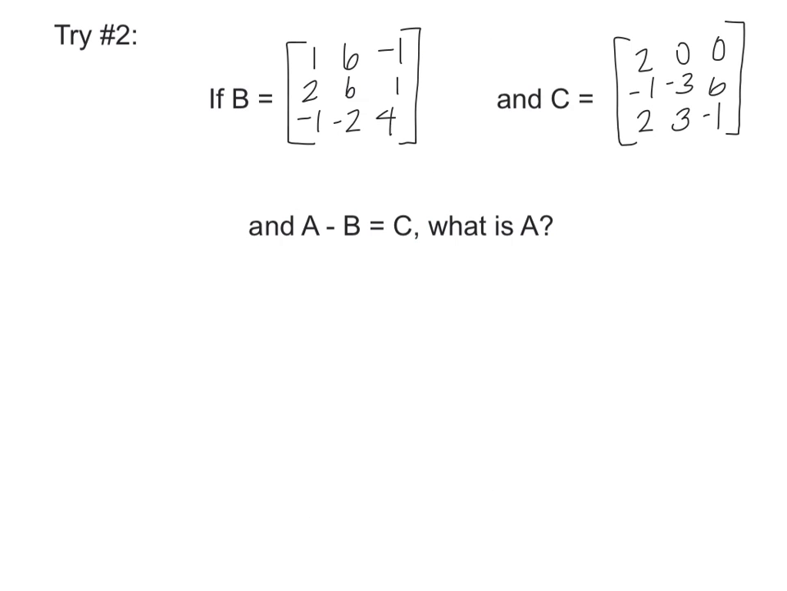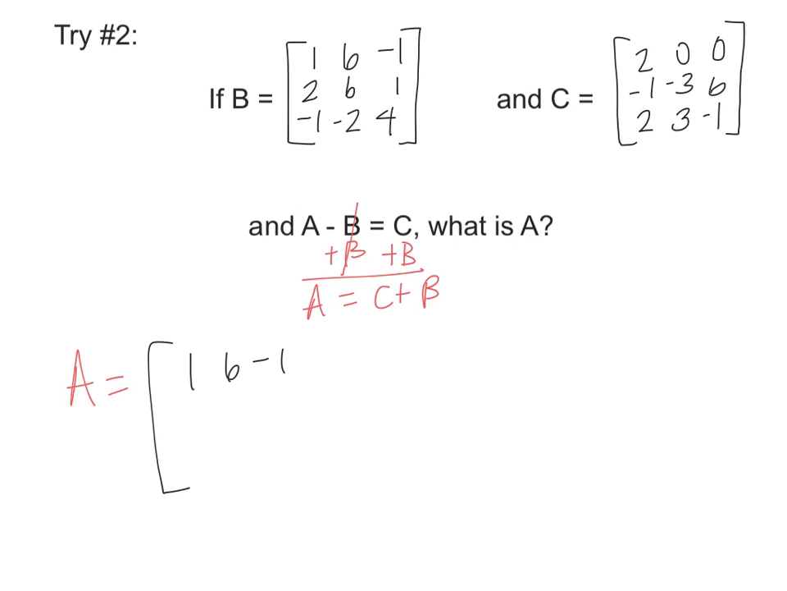All right, so in try 2, we're essentially doing the same thing, except we are using it without the context of a word problem. So again, to find A, we're going to add B to both sides. So A will equal C plus B, or B plus C. So all we're going to do is add these matrices to be able to find A. So A equals